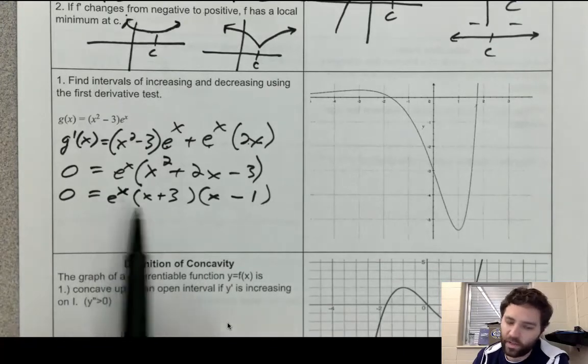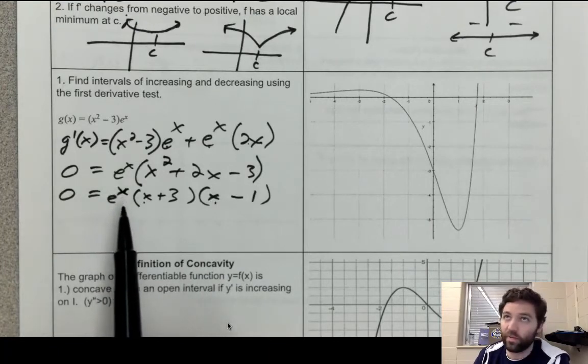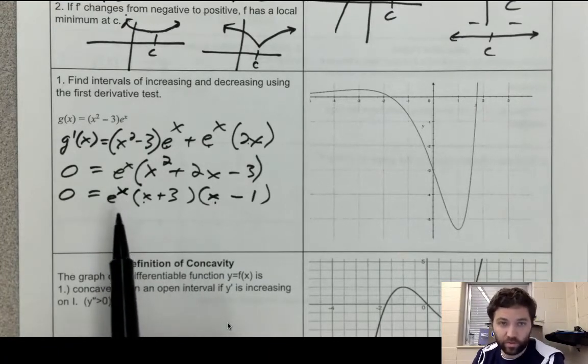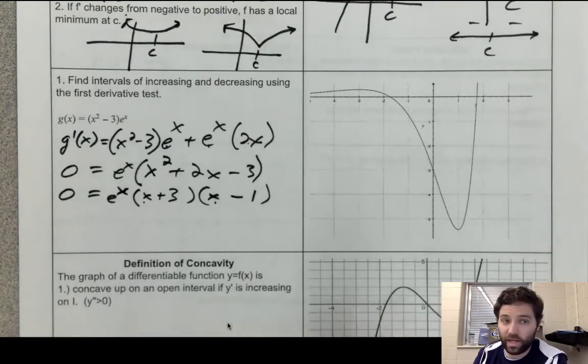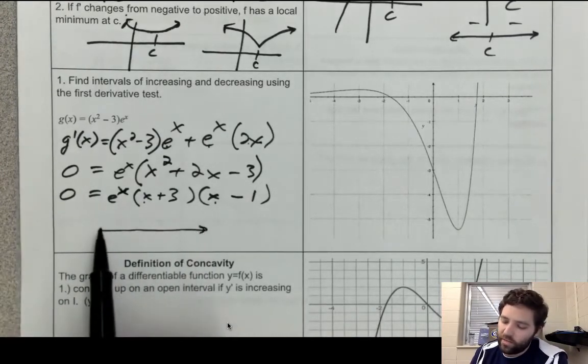So I will have critical points at negative 3, 1, and then when is e to the x 0? Well, if you do a little bit of work on that, you'll find that it's never equal to 0. So you either think of the graph of e to the x, or you can actually try to solve that equation. You'll end up taking the natural log of 0, which doesn't exist. Anyway, our two critical points then are going to be at -3